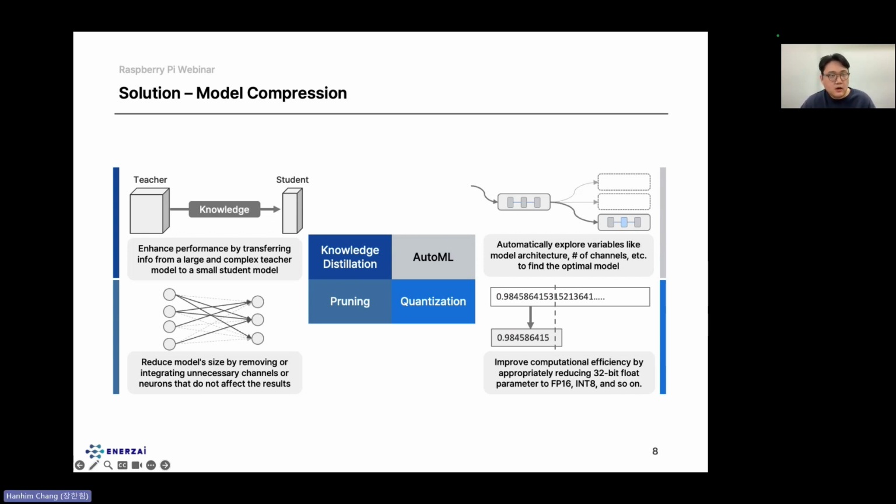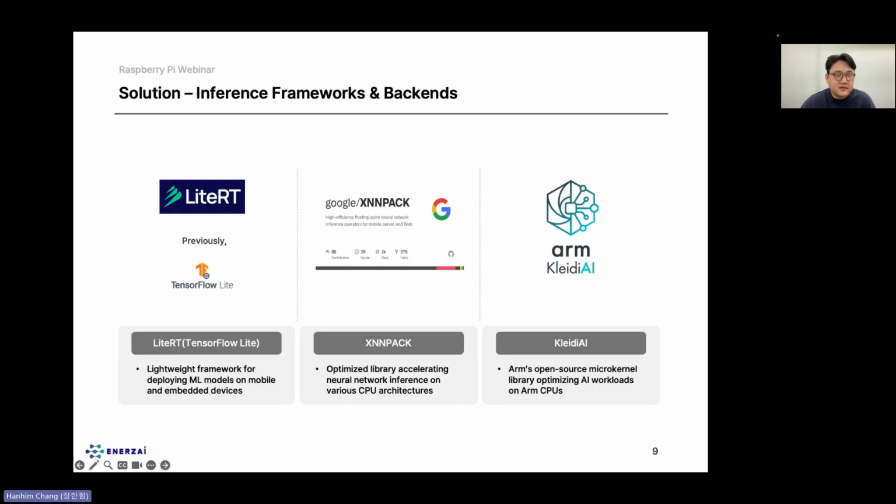But more commonly and more importantly, even though these techniques were delicately applied to the AI projects that we've done, in many cases, model compression itself wasn't enough to meet the real-time targets of our projects. And we always needed to find something more to push further after that. So, I mean, after the model compression process. In these cases, a good inference engine framework or an inference backend could come into play.